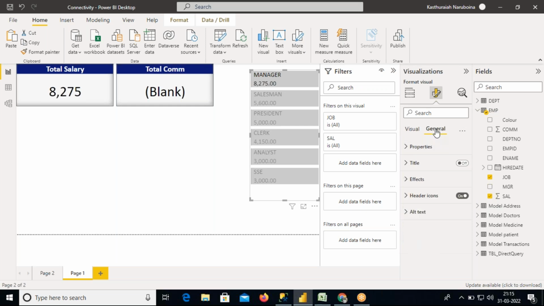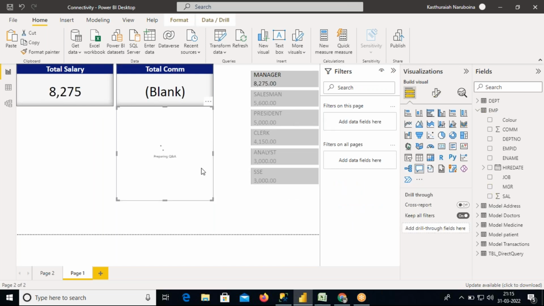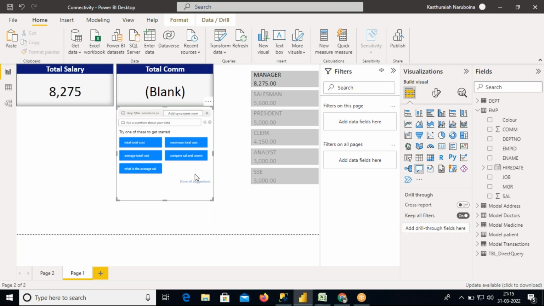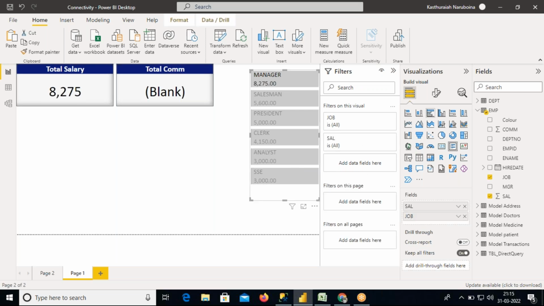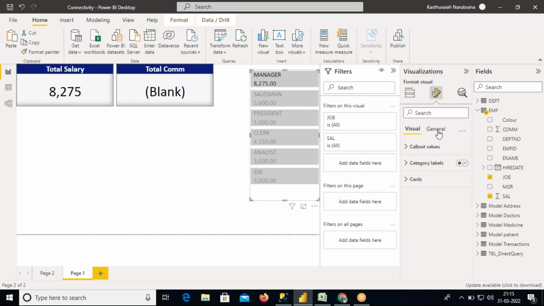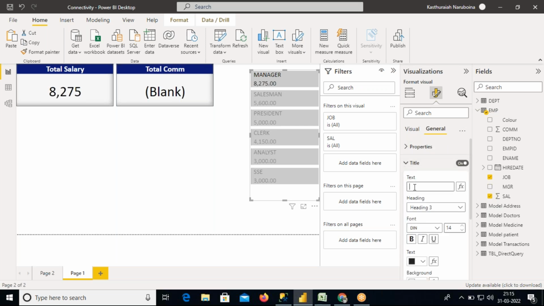Now go to this general section. Here we will have only one title, but the problem over here is that in a single card each card has a separate title, but here in multi-card, each visual will have only one title. So each and every card will have only one title. Here we are showing each job's sum of salary, right? Now you can have only one title, only a single title is allowed. Go to title, turn it on. Yes, if you want to put some title, job wise sum of salary,